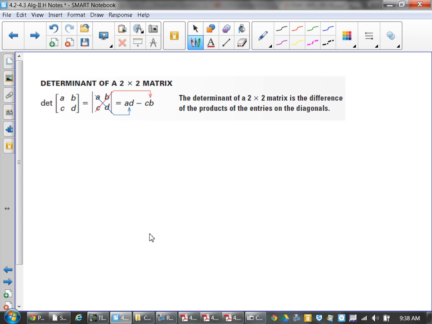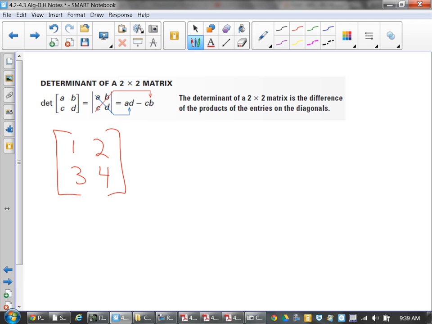Determinants. Determinants are found by working with the diagonals. So if we have a determinant, these are only going to be for square matrices to start out with. You're only going to find a determinant of a square matrix. I'm going to make a very simple matrix. Let's say it's 1, 2, 3, 4. Simple enough. Okay? And the way that we find the determinant is we work with the diagonals. You have the downward diagonals and the upward diagonals. What we're going to do is take the values on the downward diagonal, multiply them together, and subtract the diagonals